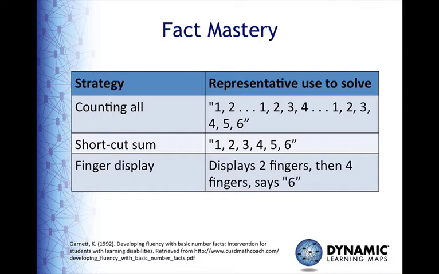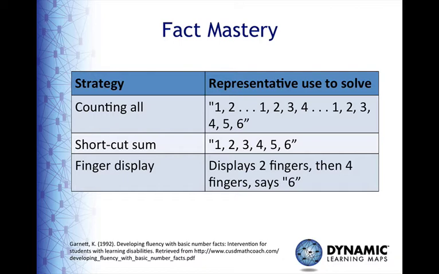There are 7 identified strategies that all students tend to use as they are developing an understanding of basic math facts. 3 of them are presented here, and you will see the next 4 in a moment. One of the important things to understand about these strategies is that they are not hierarchical, but rather students use a mixture of strategies to develop their understanding and fluency of basic facts, and teachers model and describe these strategies as they are working with students. For example, a student may use the strategy of counting all for add-ins larger than 6, with the teacher modeling shortcut summing.